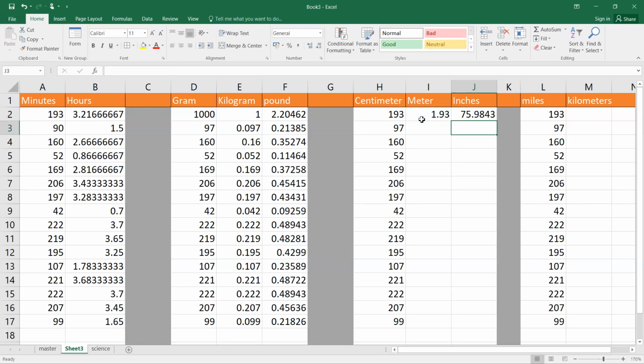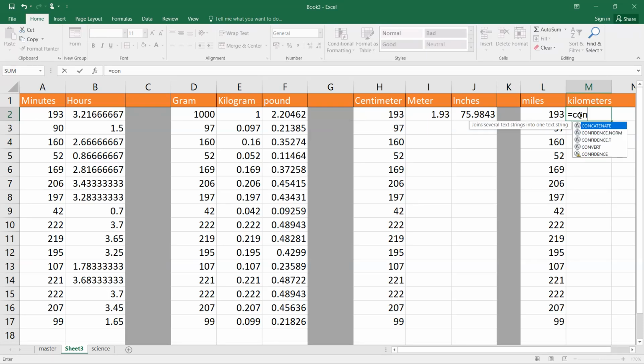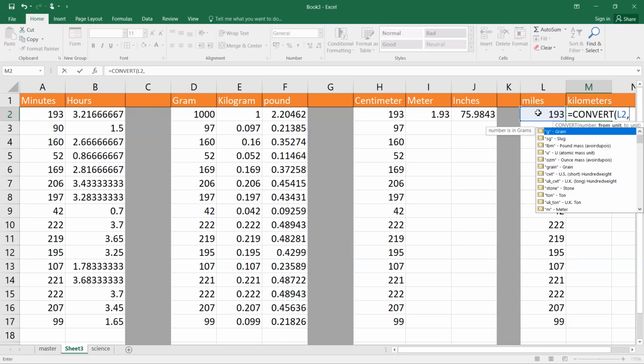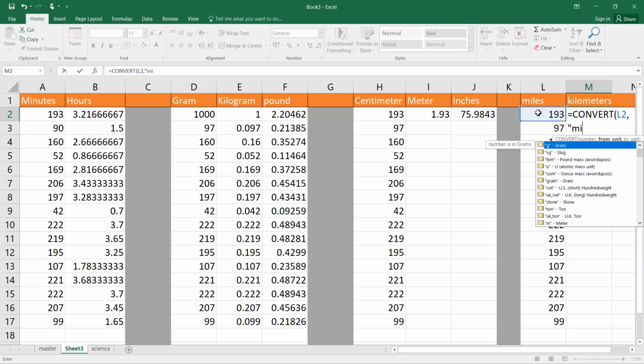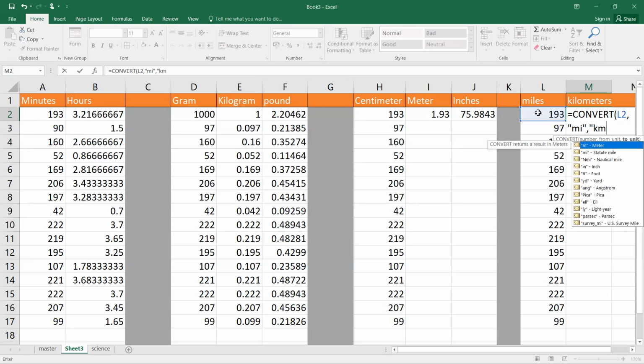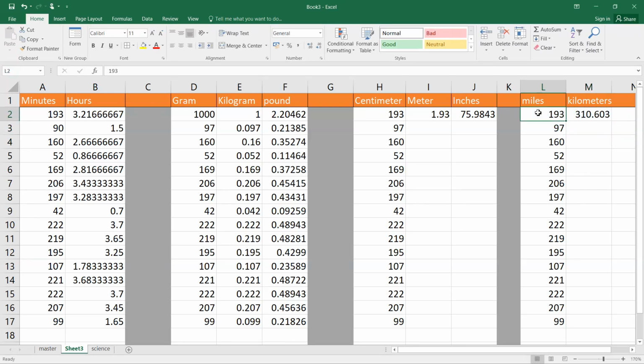Bracket close, press enter. Again for miles to kilometer, equal to convert, and we'll be taking in this number of miles. Miles is mi, quotation close, and we'll be converting into kilometer, that means km. Close the bracket, enter. So 193 miles mean